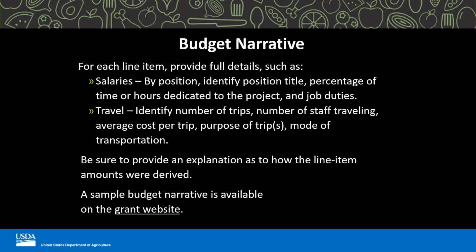In addition to the budget narrative template found in Appendix D, the budget narrative should be formatted using the budget categories listed on the SF 424, which are personnel, fringe, travel, equipment, supplies, contractual, other and indirect costs only. Contractual expenses related to the budget categories should be included in contractual costs.